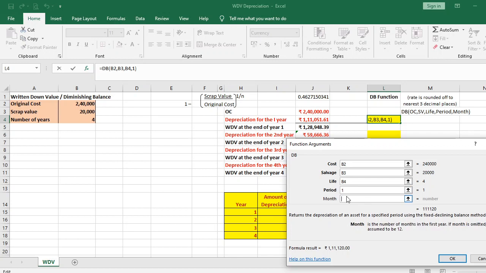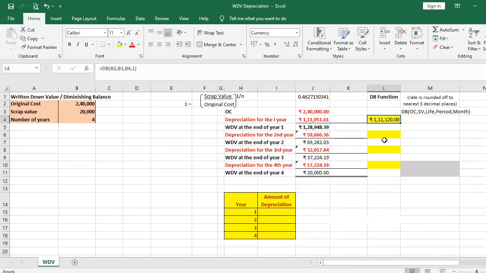Month we omit, so that it is assumed as 12 months. The asset is purchased on the first day of the financial year. Click OK. You get 1,11,120 rupees as the amount of depreciation under the diminishing balance method for the first year using the DB function. Now you see, when we do it manually, we have calculated